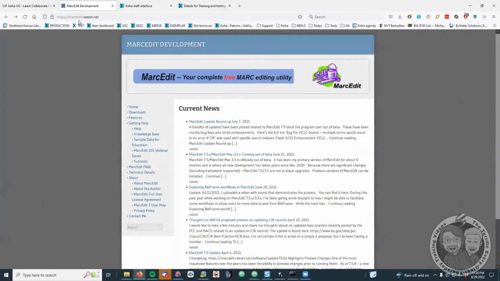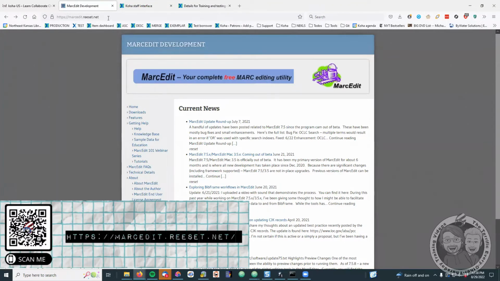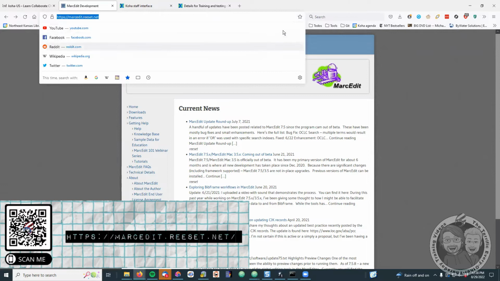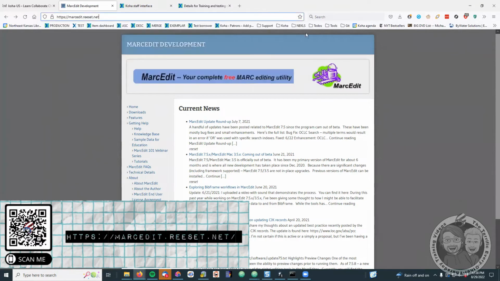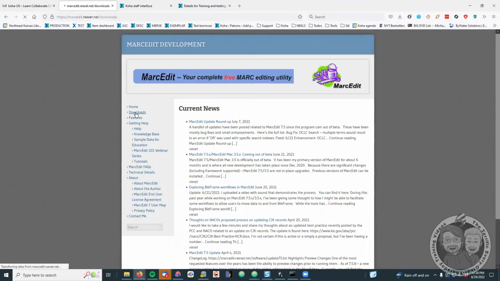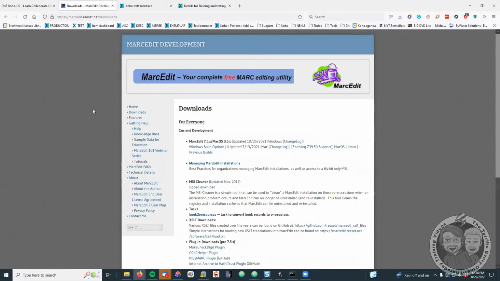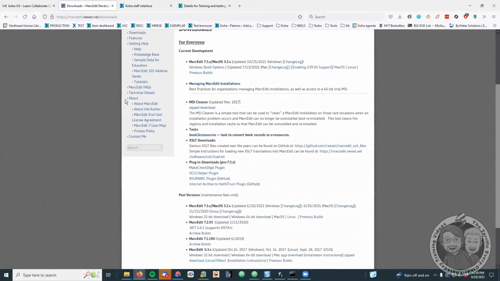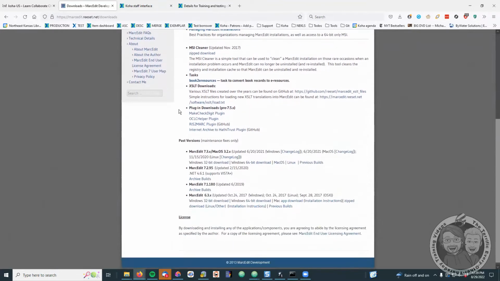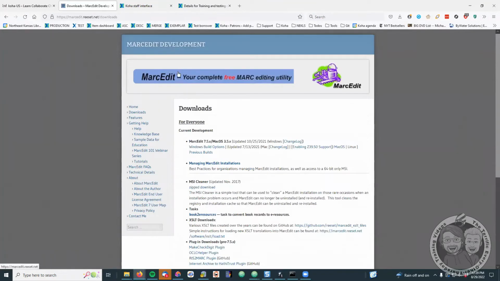If you go to marcedit.reeset.net, and I'll make sure that we have that link in the video, and go to downloads, you can find the most current version of MarcEdit and download it to your computer. I already have it on here. I'm not going to talk about the mechanics of downloading it or setting it up. It's pretty straightforward, but I'm going to open it up and show you